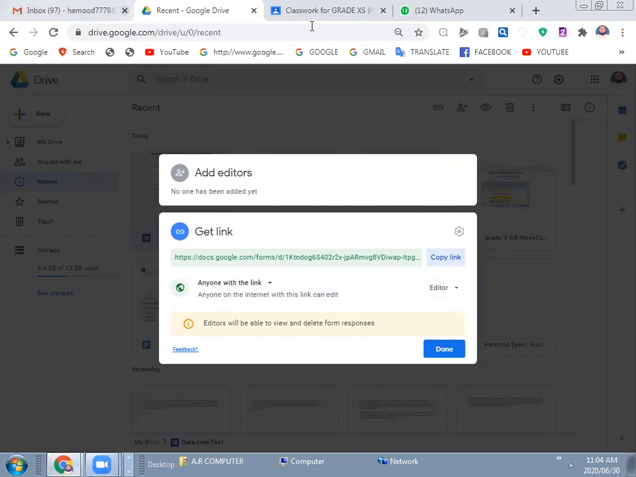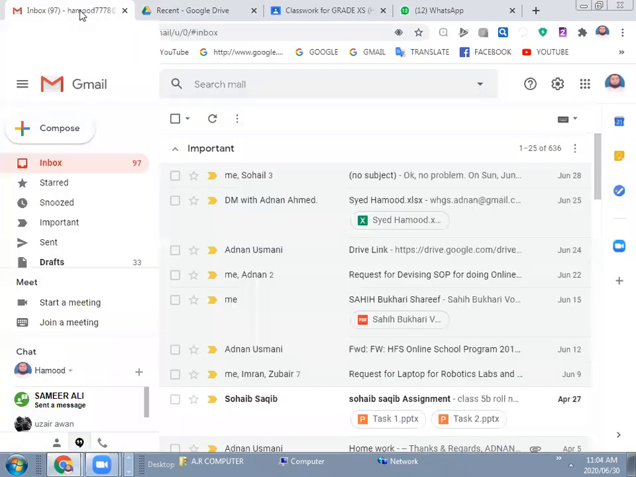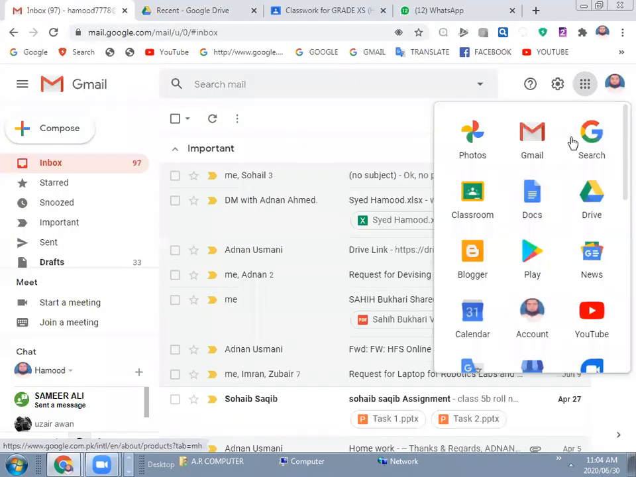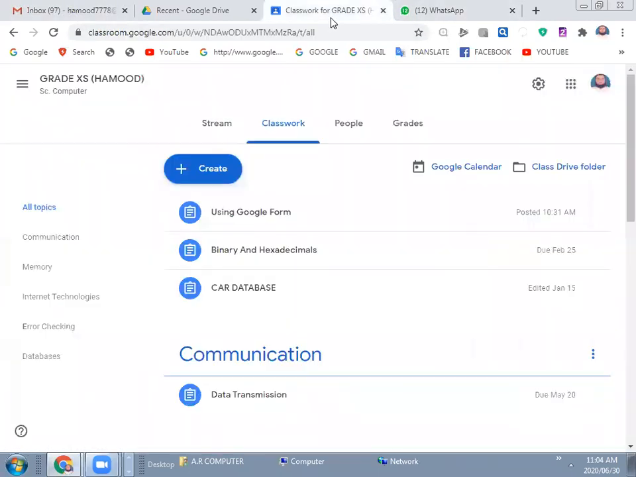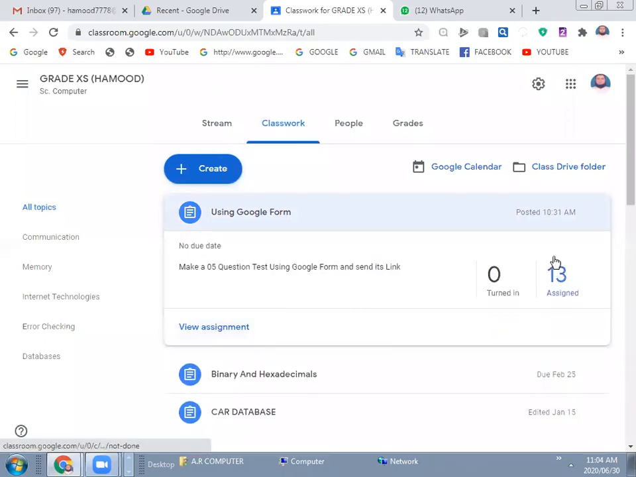This copied link you will send to the Google Classroom. In this grade 10, you will go to the classwork, right? When you go to the classwork, you will see the assignment, right, using Google Form. And when you see the assignment here you are